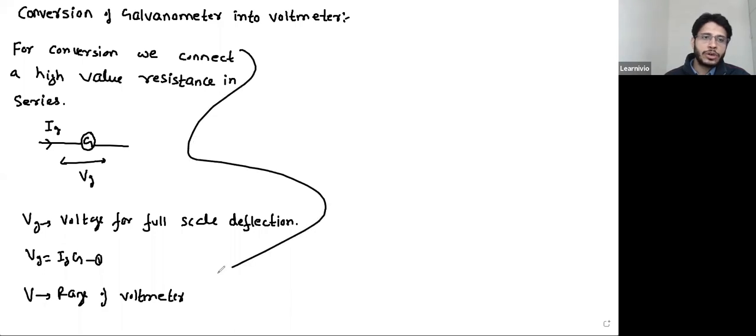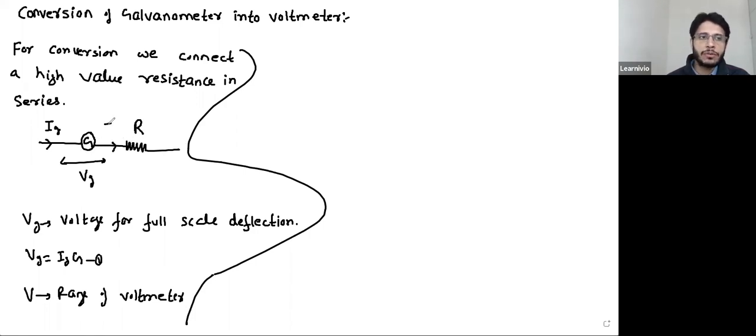So now I have two tasks. The first task is to increase resistance. The second task is to increase range. You will see when we increase resistance, range will automatically increase. If you just have a galvanometer, then it can measure only up to Vg. But along with the galvanometer, if I connect a resistance R in series, say G and R both are in series,